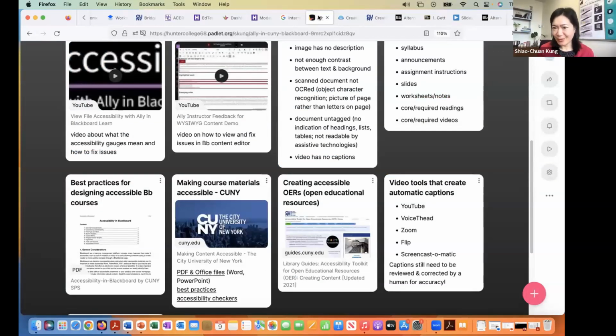Of course, the educational technologists are available to consult with you. And then we also provide workshops on video tools that create automatic captions. My colleague Abby is the one facilitating those workshops. You might already be using many of these video creation tools. And so these tools will create automatic captions, but